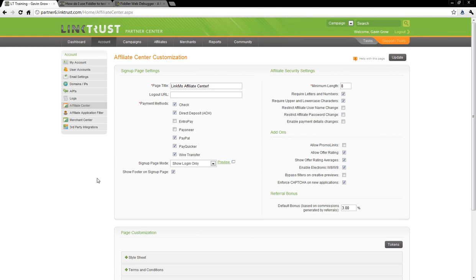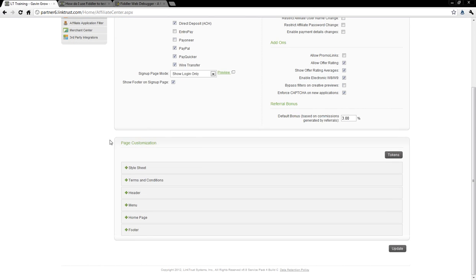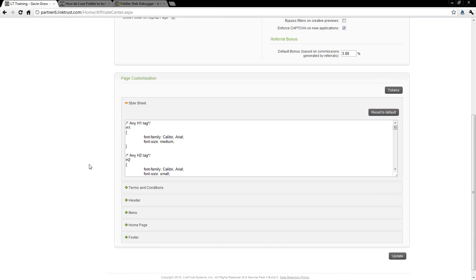Under the Affiliate Center, you can customize what payment methods you wish to use for affiliates to be able to appropriately pick when they sign up using your affiliate account. But the most important part is the page customization here at the bottom. Here you can customize the style sheets, terms and conditions, your header, menu, homepage, and footer. All of this is fully functional by selecting each of these plus signs and opening up and modifying the code